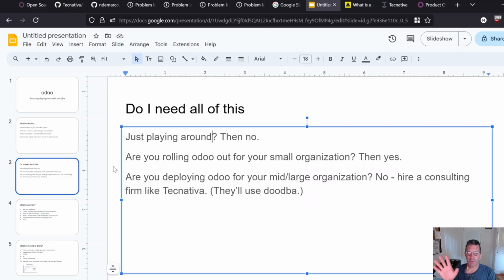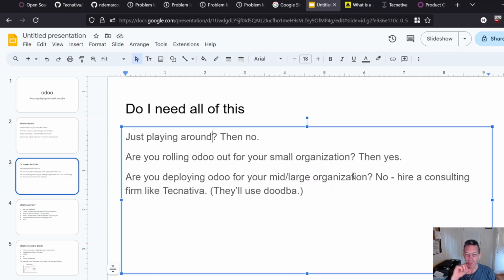What I meant by just the original sentence was, if you're developing it yourself, if you're just kind of playing around and you're going to develop and deploy your own little instance, no, you don't need it. If you're rolling it out to a small organization, you've got 5 employees, or you're a nonprofit, or you just want to do a few things with Odoo, this is a great thing for you, especially if you like to learn and you like to keep your fingers in the pie, if you like to keep your hands involved with